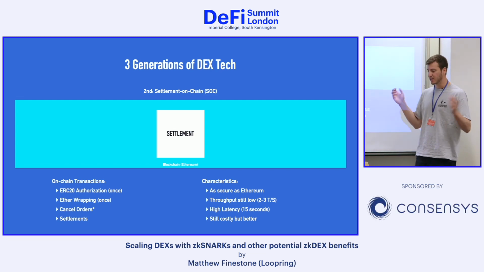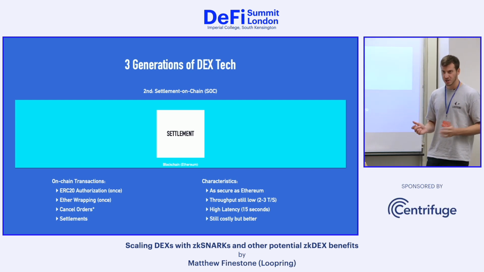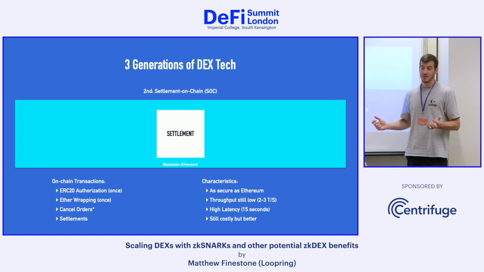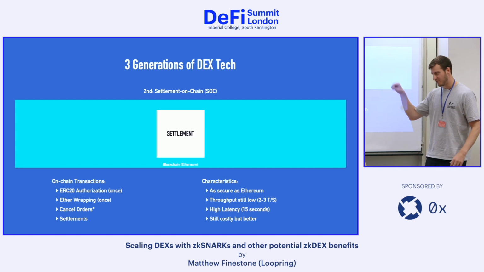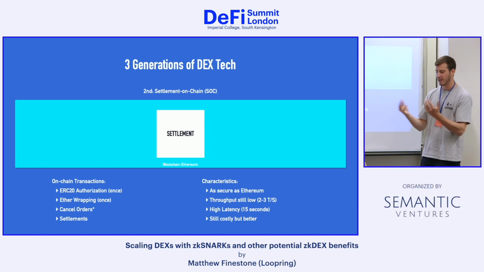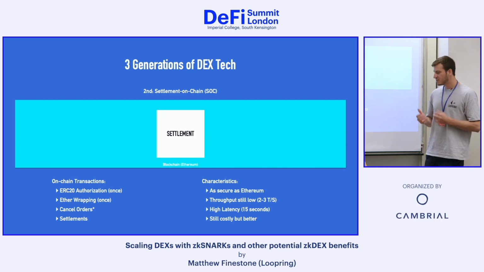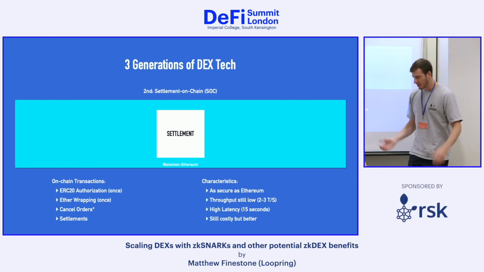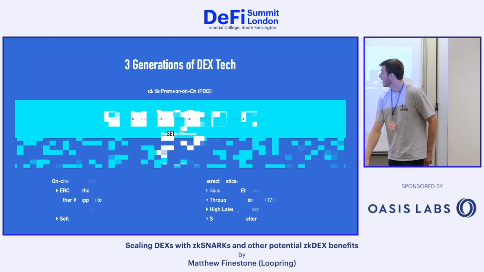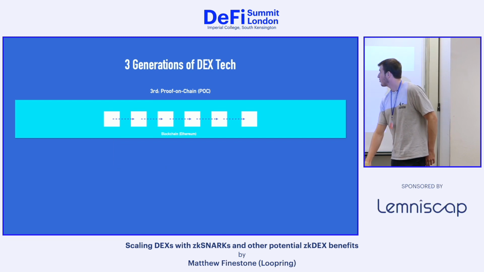We did have some DEXs building on top of us. Most were kind of like what I would call hobbyist projects, because we provided some reference implementations that people could just fork, reskin, different paint job, and we had like a back-end relayer implementation that they could hook up to. So it was semi-trivial for them to spin up a DEX, but it wasn't economically feasible, and so we didn't have very good take-up. Now, the main thing that I want to talk about now is the proof on-chain.